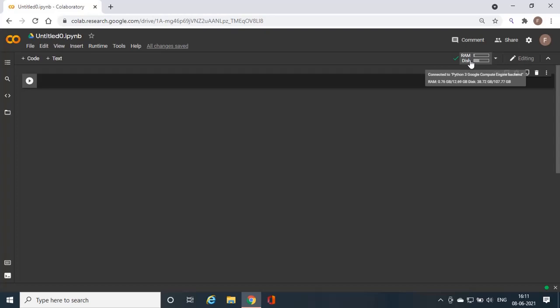So this is the cloud-based system, and on the cloud we have got about 0.6 GB used out of a total of 12.69 GB, and there is also a hard drive of 107 GB in total. As I've explained earlier, we will not be using our local resources, but it will be a cloud-based platform. So now my notebook is connected with the server, and I can start writing my code. What I'll do, as I have done in my previous videos, is rename this worksheet as my first code.